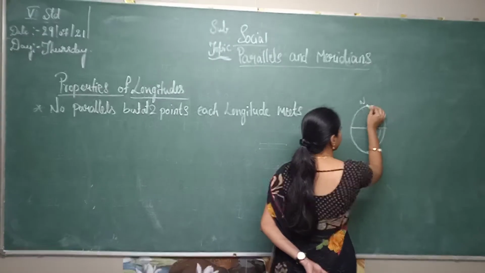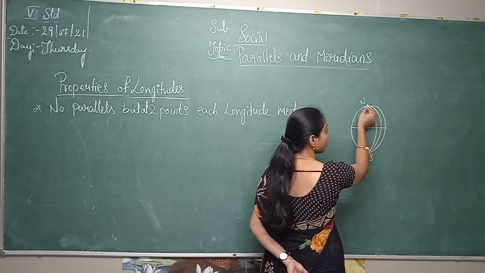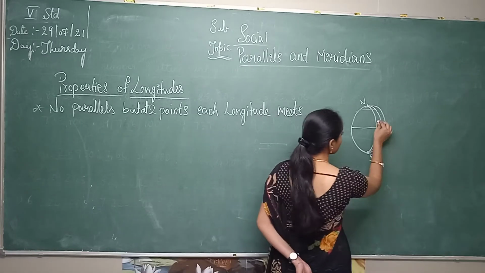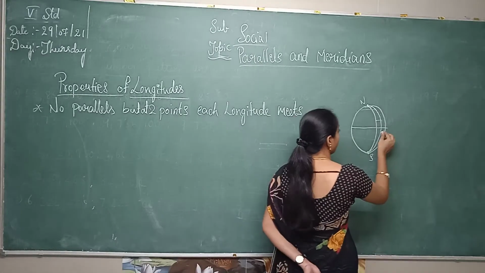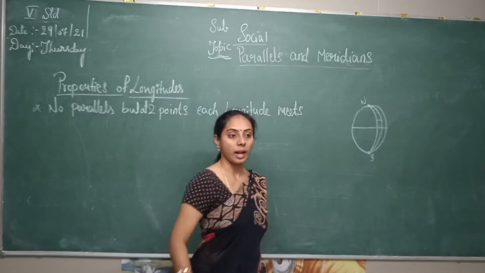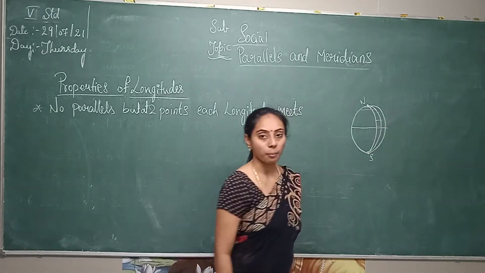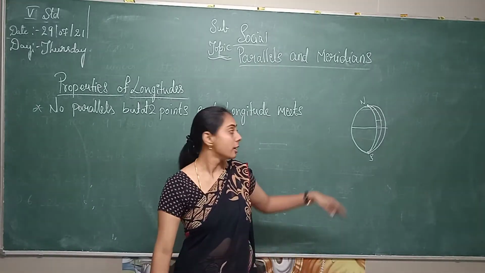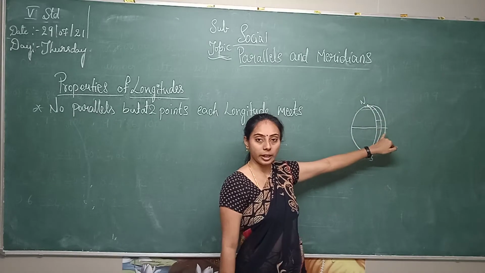See here, the longitude length is this much, but here the length is decreasing. When we come to here, the distance is far away, but when it comes here, it is slightly drawn in. Understand? This is called the second property. The second property: the longitudes are farthest apart at the equator. Each and every longitude is far away from the others at the equator.